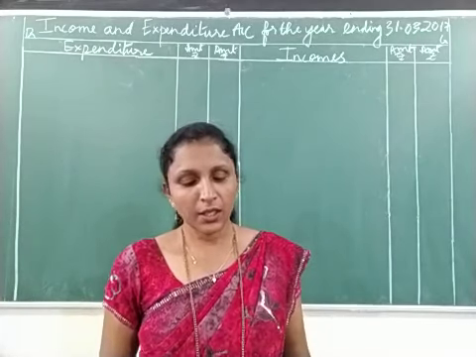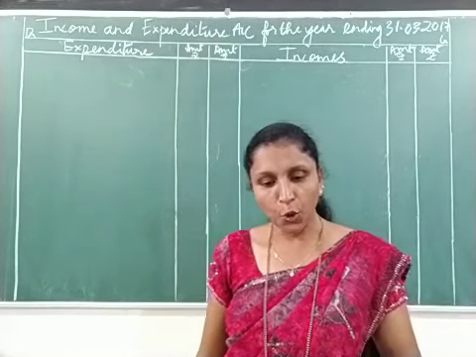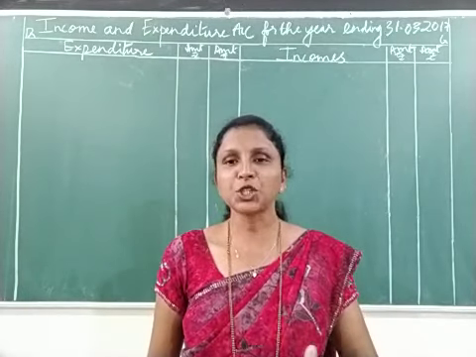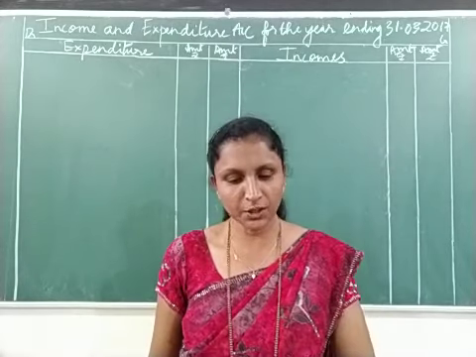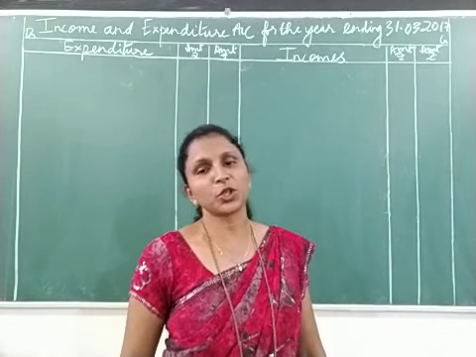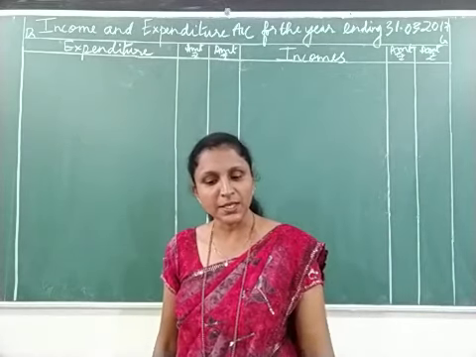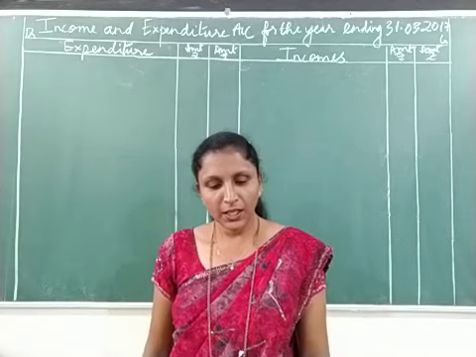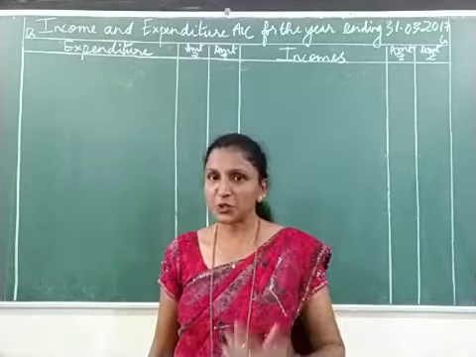After that, you are given a receipts and payments account for the year ending 31/12/2017. You have to make a correction there once again. It should be 31/3/2017. You have done the correction? Okay. So now it is like this. They have given you balance sheet as on 31/3/2016, and receipts and payments account for the year ending 31/3/2017. Then after that, you are given 5 adjustments.